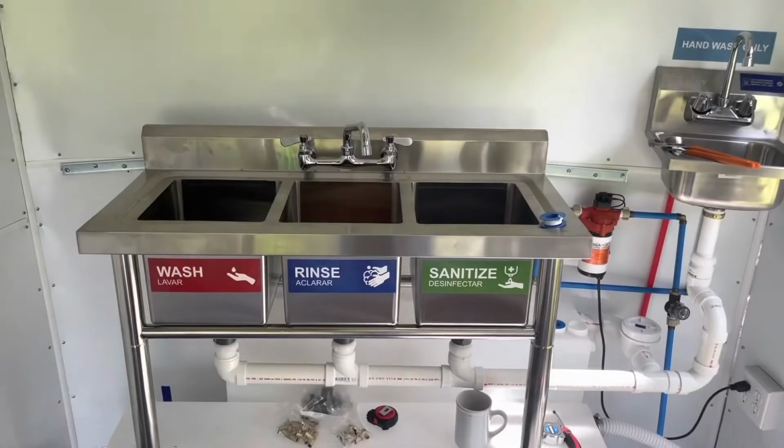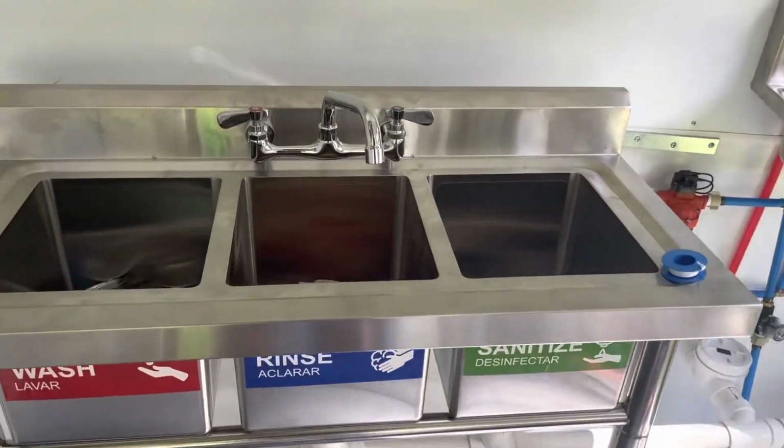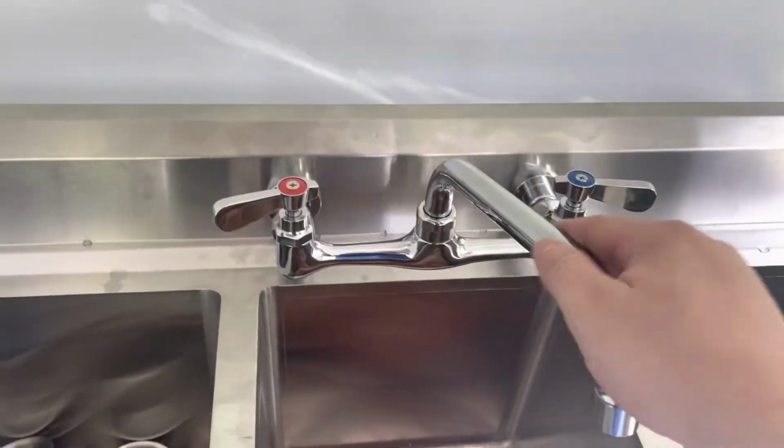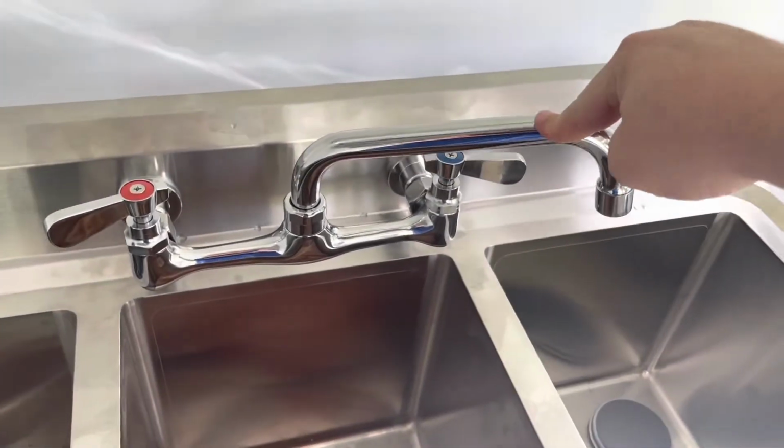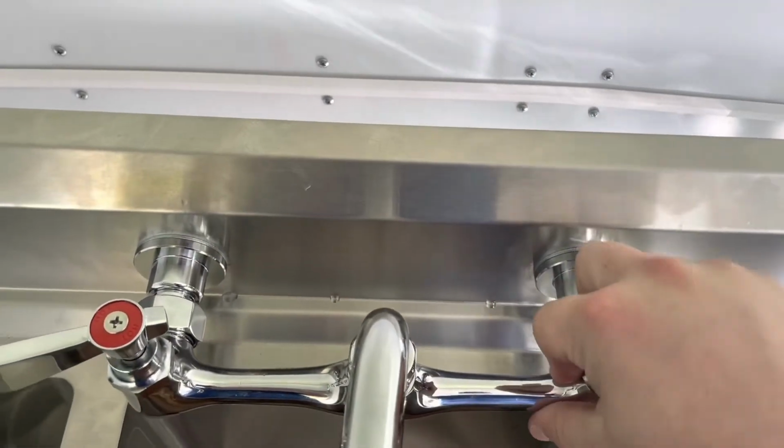I figured it'd be a little bit easy to do it that way, so let's go ahead and get this all put together. All right guys, so here's what we got. Excuse my mess, because I do have a mess going on, but the faucet is hooked up. You can see it's got a nice solid seal, because when it's bouncing down the road, you don't want this